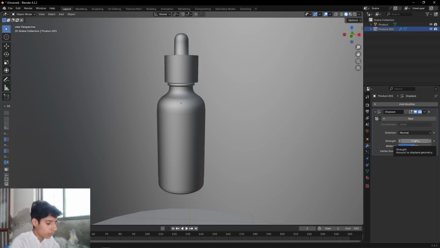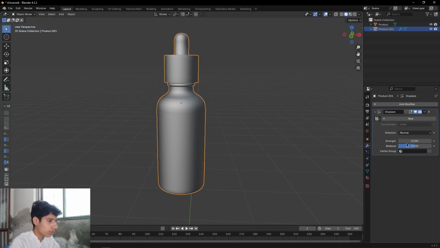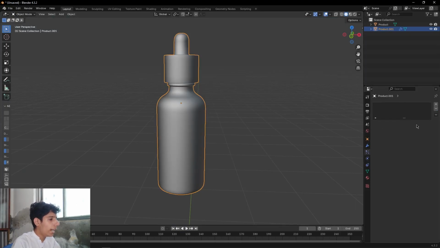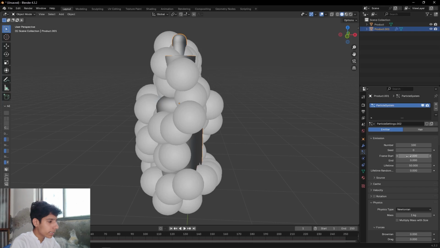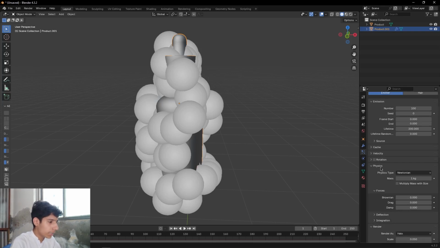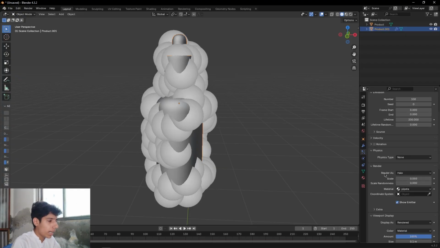set the strength to 0.000, set the mid level to 0, and then come to particle properties, add an emitter particle system, set the number to 100, and set the frame start and frame end to 0, set the lifetime to 200, then come to physics and set the physics type to none,